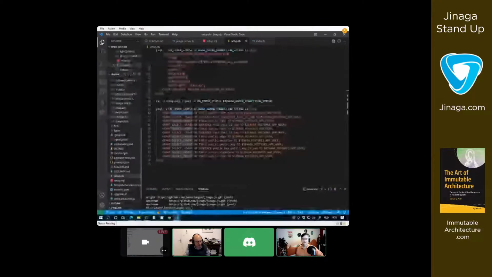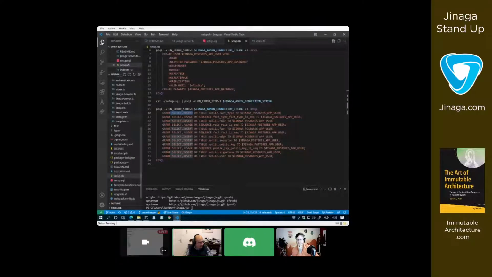Yeah, because actually, if we go and look in the documentation on Jinaga.com, connect to the Postgres database. I probably haven't updated that. Yeah, so there, unless the user will be granted limited permissions to the database, it will only be able to select and insert.